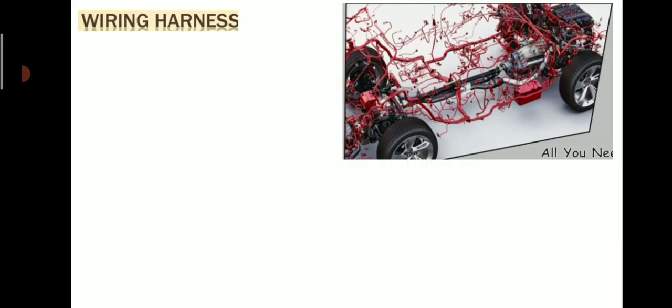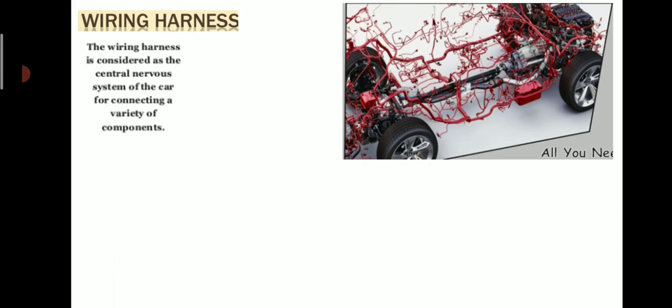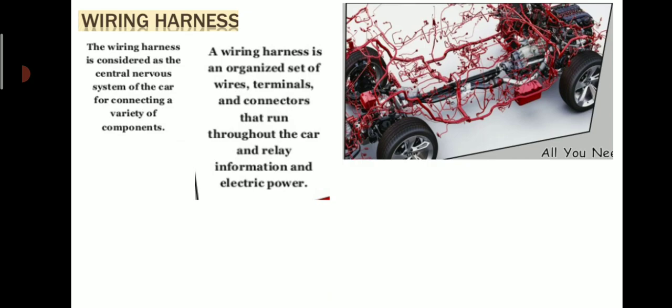So, wiring harness, this figure shows you the nervous system or the different connections, small and big connections for lighting, as well as for the different ignition system, charging system, starting system of the vehicle. This wiring harness is considered as the central nervous system of the car for connecting a variety of components. A wiring harness is an organized set of wires, terminals and connectors that run throughout the car and relay information